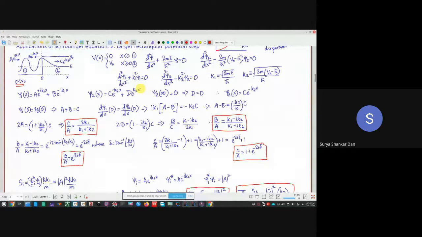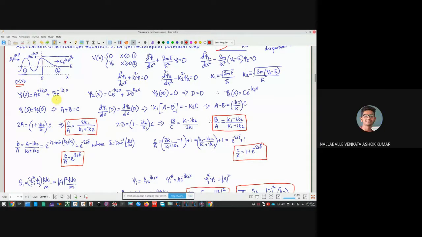So from here itself what we understand is that before reaching the potential barrier, the particle will be like a perfect wave. No issues with that. But after it enters the barrier, why am I saying enters? Because the particle energy is less than the barrier height. Okay. Yeah, please tell me, Ashok.